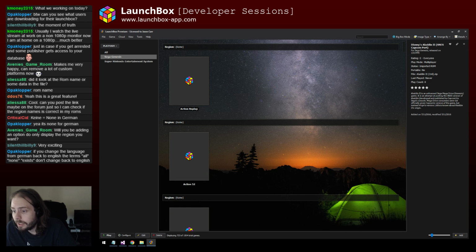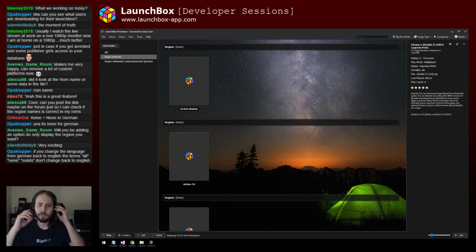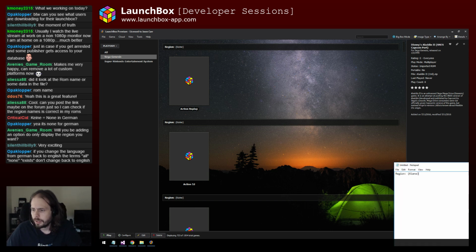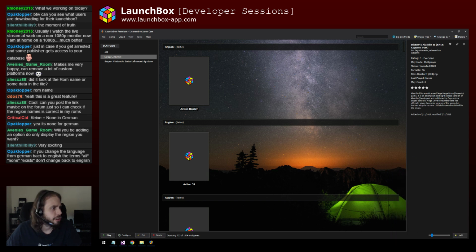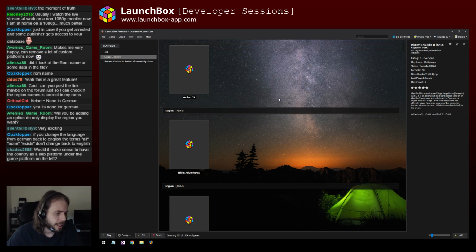So yeah, none in German. We have a couple issues here that I need to look at. I'm just going to open up Notepad for a second so I can track this stuff. I won't necessarily resolve this on the live stream. Why is region none showing up in German? Did you say that's German? That's really weird because German isn't even enabled yet. But maybe it is. I don't know why that's happening. I'm going to have to look into that. That's really strange. And then the other issue that's showing up is